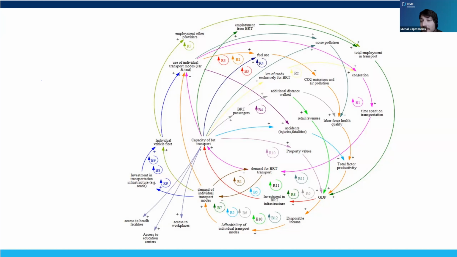What are the differences in retail revenues? What about the health benefits through additional distance walked, noise pollution, and so on? So more BRT transport increases employment from BRT, which increases total employment in transport, which has significant GDP benefits in this case. So we can see that overall, one of the key advantages of Savvy